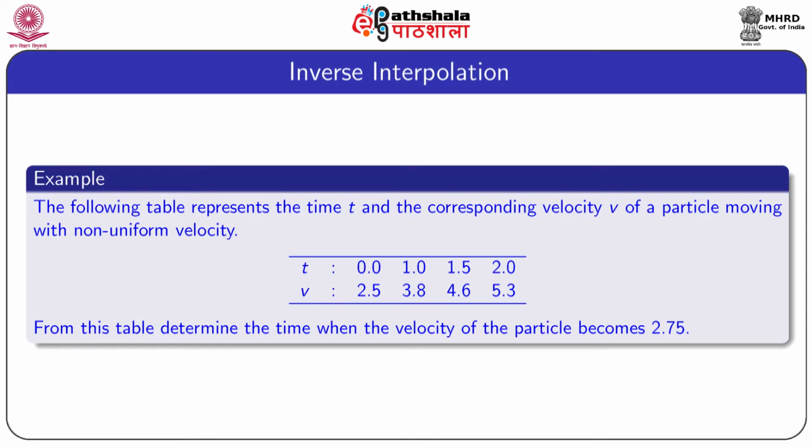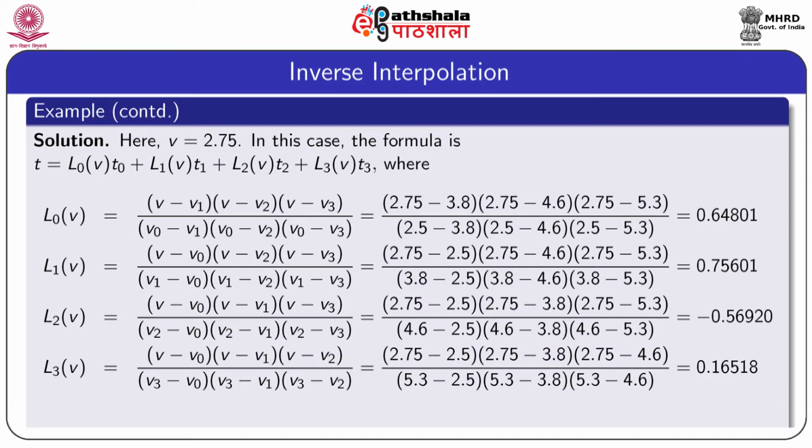In the following table, the time t and the corresponding velocity v of a particle moving with non-uniform velocity are given, and from this table we have to determine the time when the velocity of the particle becomes 2.75. So, in this case, the value of the variable v equal to 2.75 is the value of the dependent variable, and the appropriate formula is the time t equal to L0(v) into t0 plus L1(v) into t1